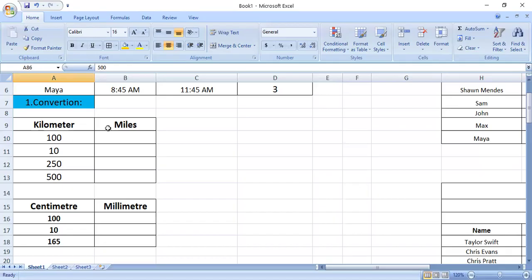To convert kilometer to miles, we need to select one box and then write the formula over here. Or you can write over here. This is the formula box, and this is column B and row 10. This is the name of the cell. So to convert the unit, we need to use the formula which goes like